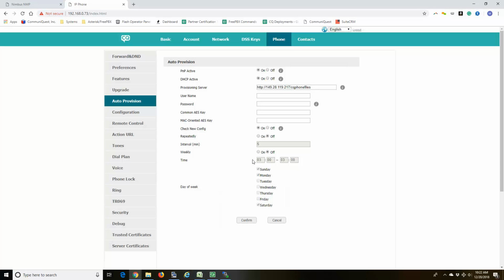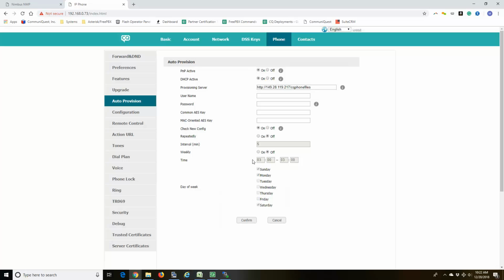It's really actually not that different from an on-prem solution, except that you're going to be using the public IP for the SIP server. Make your templates, assign them, and then go to your phones and tell them where the server is. One thing we can do for you as well